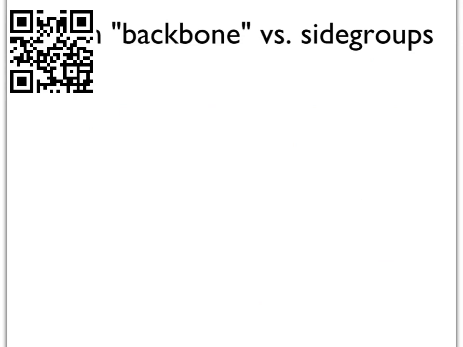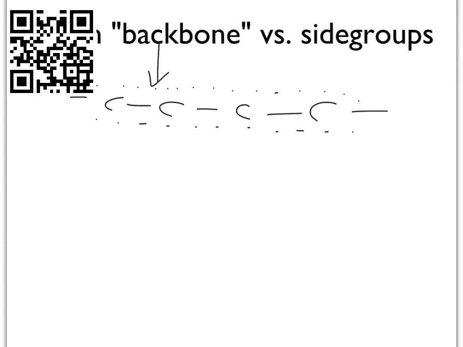And then, as I've mentioned, we also have the backbone versus the side groups. And so, we can have carbon, and this carbon we think of as comprising the backbone of these polymers. That's the core of a lot of plastics, carbon-carbon bonds. What we put on the outside of them, I've been drawing hydrogen over and over again. If we instead pull a chlorine in here and everything else remains hydrogen,